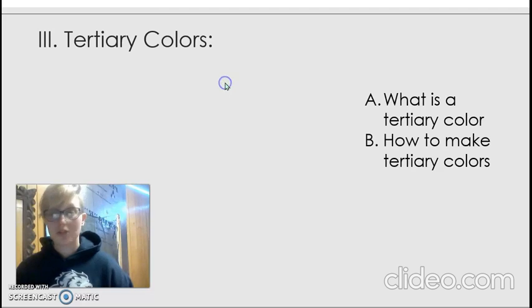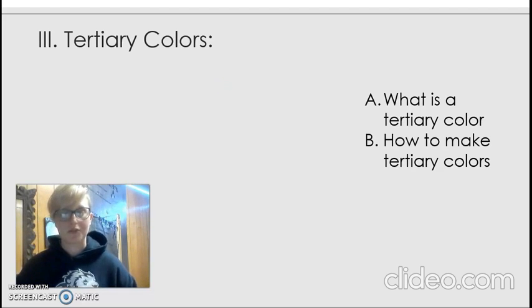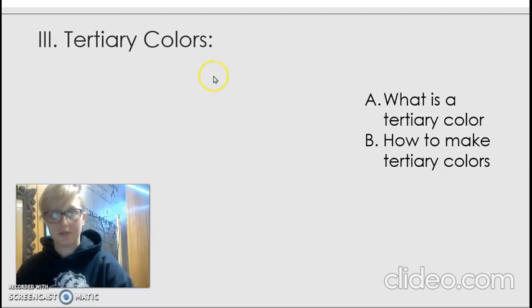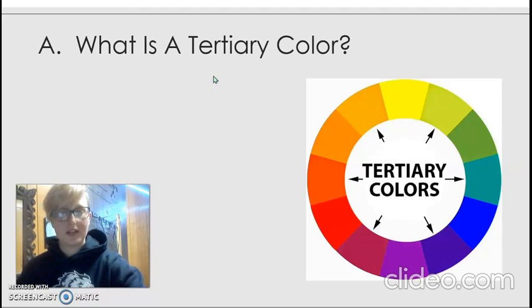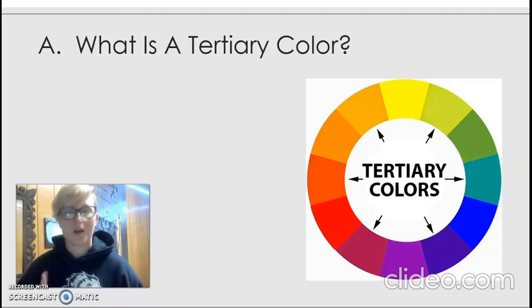Next we have tertiary colors. Now, tertiary colors are a bit different. I've split them up into 2 separate sections, and the separate sections are what is a tertiary color and how to make a tertiary color. So, without further ado, a tertiary color is the result of mixing a primary and secondary